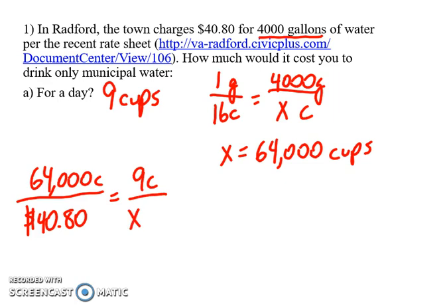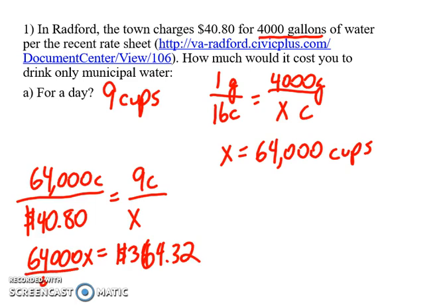So now when I cross multiply and solve, I'm going to get that 64,000x is equal to $364.32. So when I divide both sides by 64,000, I'm going to get that x is approximately